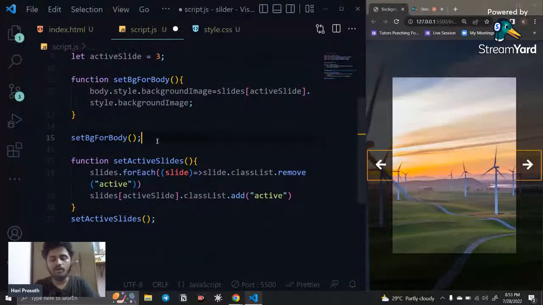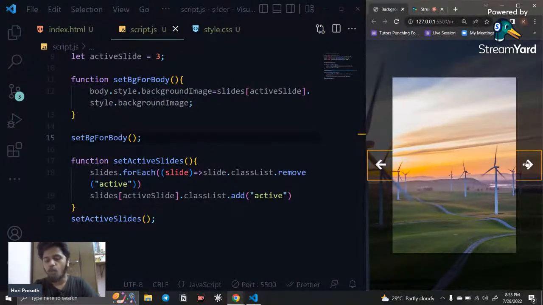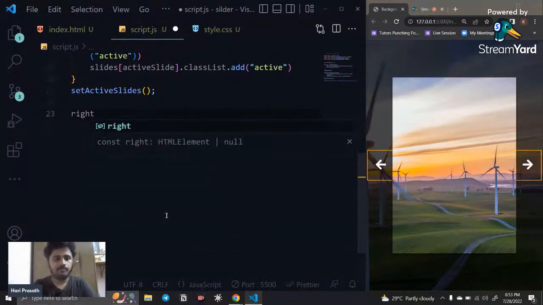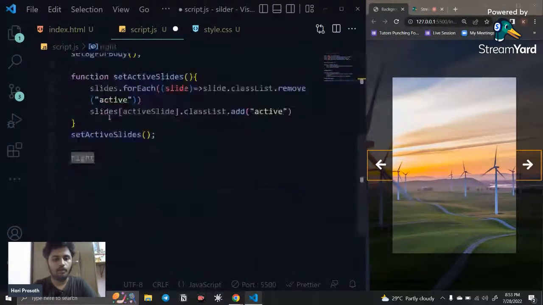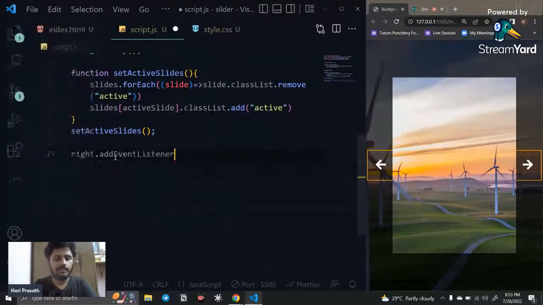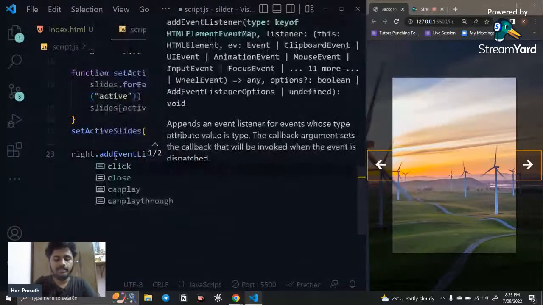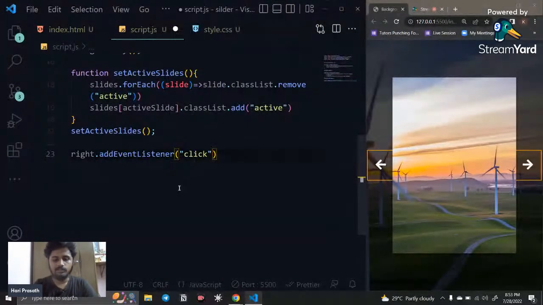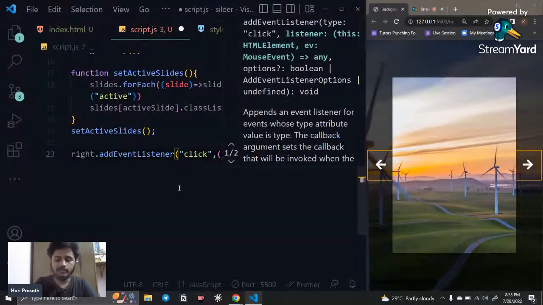But when I want to call this function, when I click these arrow marks, then only I need to call this function. So I'm going to write code for these arrow marks. Okay, so for example, I'll say right, because we set that variable for the right arrow mark. If I click the right, dot addEventListener, and the event is going to be the click event. And I'm going to give a comma here, and I'm going to use an arrow function like this,